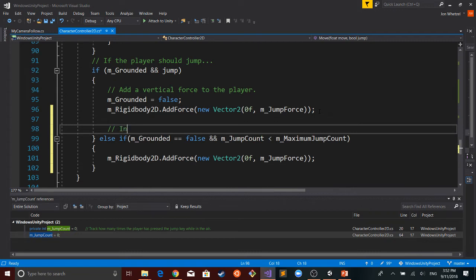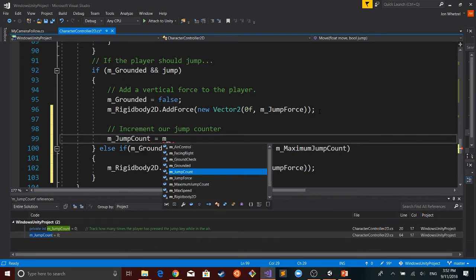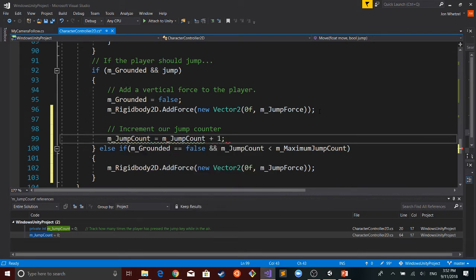So I'm going to say increment our jump counter. I'm going to say m jump count, and you can do it one of two ways. The longhand way would be something like this: m jump count equals itself plus 1.